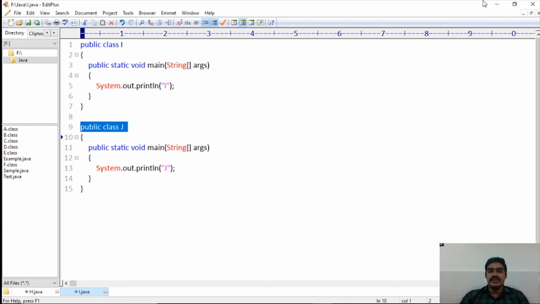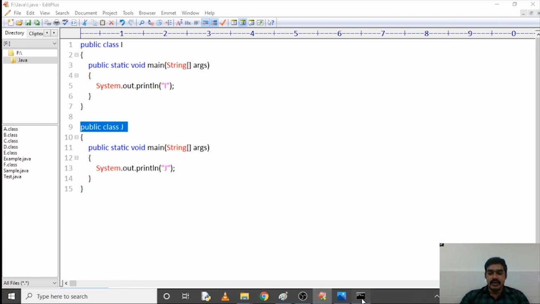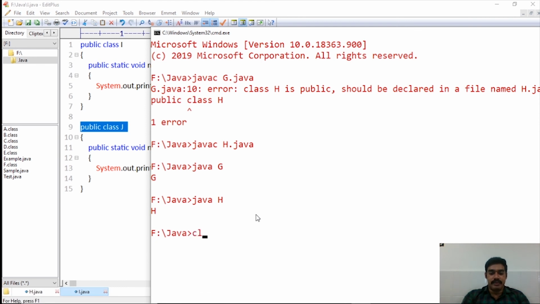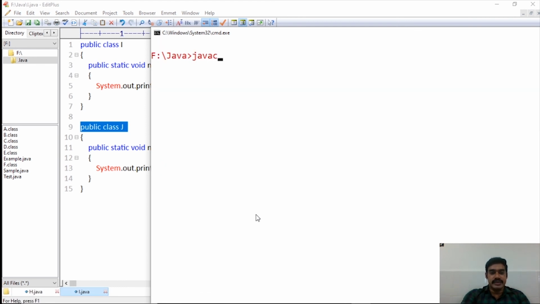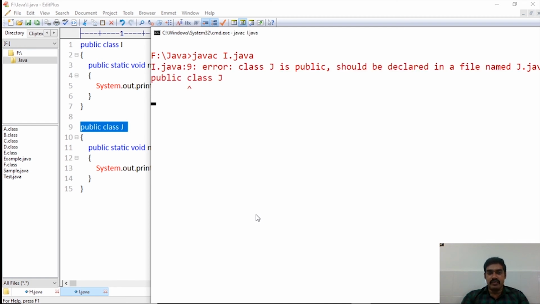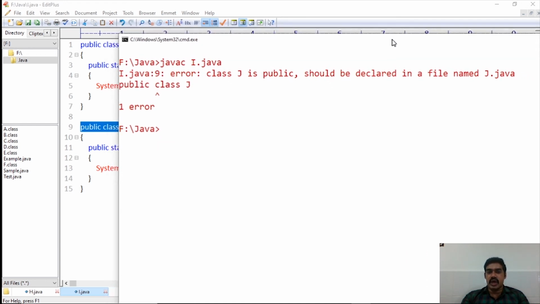File, save. First I am saving this file with i.java. Coming to the command prompt, javac i.java. What happens when I compile this program with i.java? Observe the error. Class J is public, should be declared in a file named j.java.